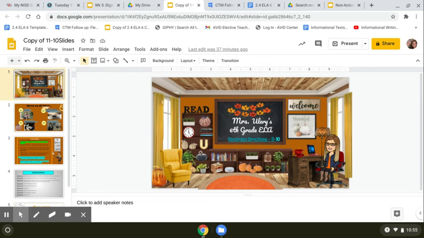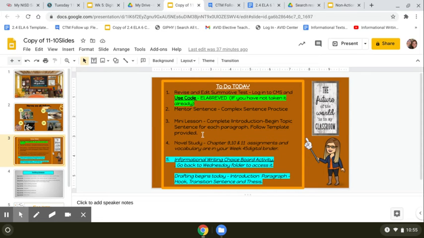We're going to go ahead and get started with your instructions for today. Okay. So, what I did is I moved pretty much everything from yesterday's folder, Monday, November the 9th, to Tuesday, November 10th. I wanted to do that in case some of you were not finished with your introduction paragraph, so you'll have that information for you.